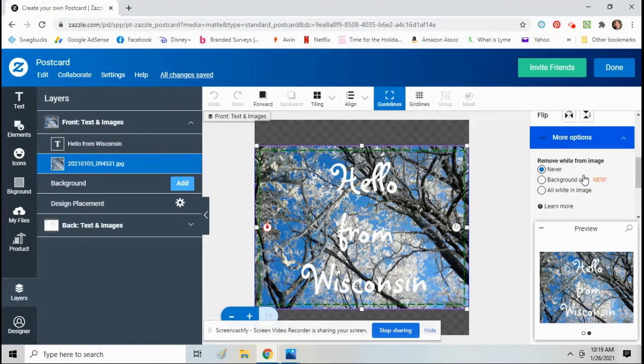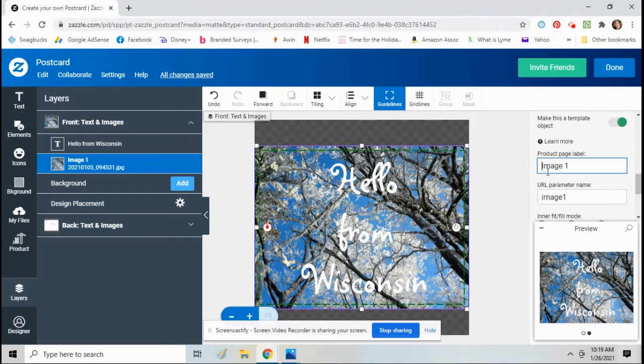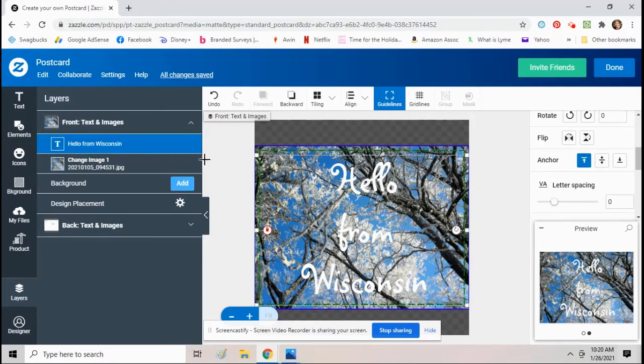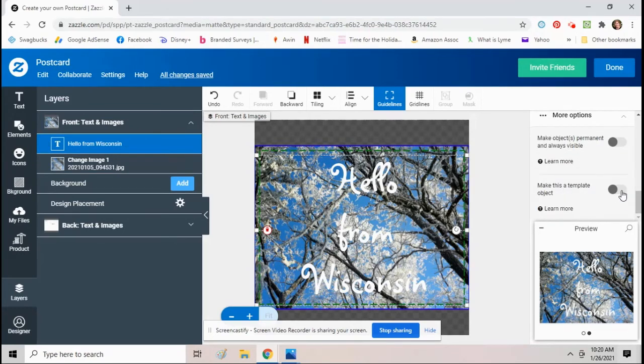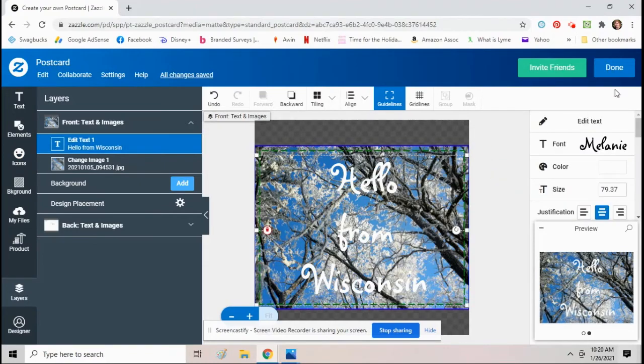Then I'm going to scroll down on the right hand side and I'm going to go to make this a template object. And then I'm going to go to product page label and put change image. And this allows a customer to change the photo out if they want to. They don't have to, but if they want to, they can. If they have a picture they like better or whatever. I'm also going to do the same thing with the text. I'm going to click on the text and then I'm going to make it a template object. Put edit text there so the person knows that they have the option of editing it. And then I'm going to click done